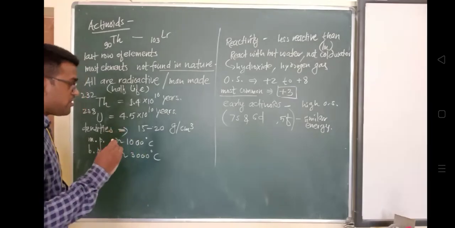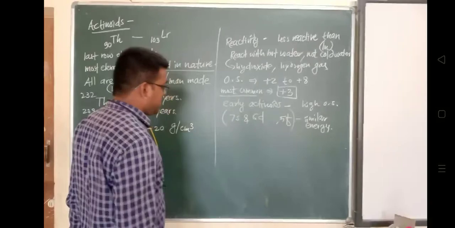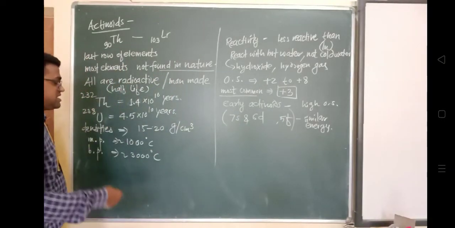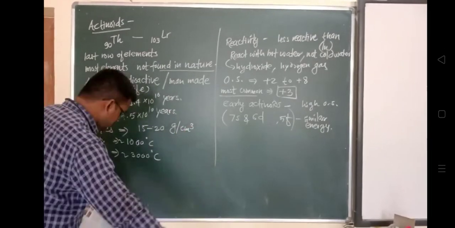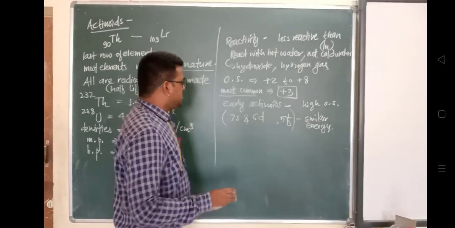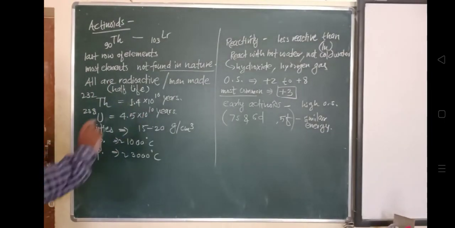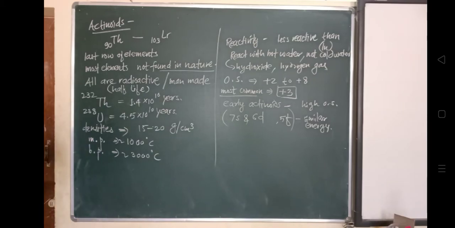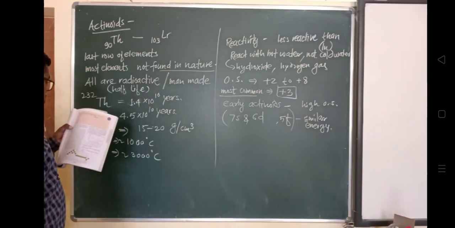Just as we wrote for lanthanoids, where the noble gas core was used, in the same way for actinoids radon is the preceding noble gas element. That's why their electronic configuration is represented that way. Note that the more common oxidation state is +3, and the early actinoids are showing some higher oxidation states. The energies of 6d and 5f are similar, so for thorium, protactinium, and neptunium the energy difference is very small, and electrons occupy the 6d or 5f orbitals.